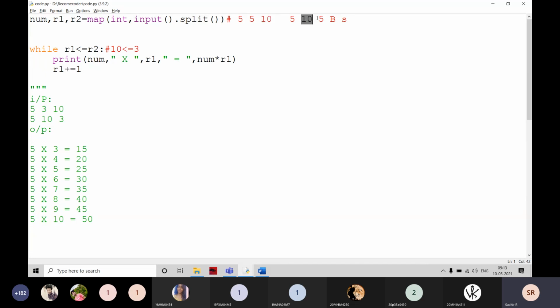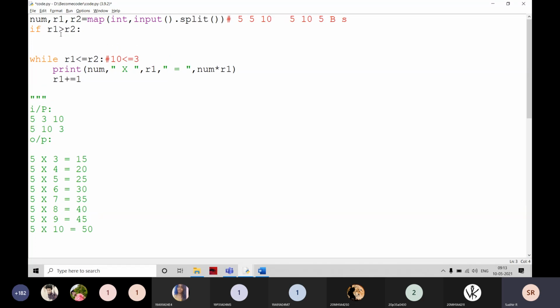Whenever we face the problem, if it is big and small, that means R1 is big and R2 is small. That is the condition, right? If R1 is big and R2 is small, then what do I have to do? I have to swap these two values, then there is no problem at all.